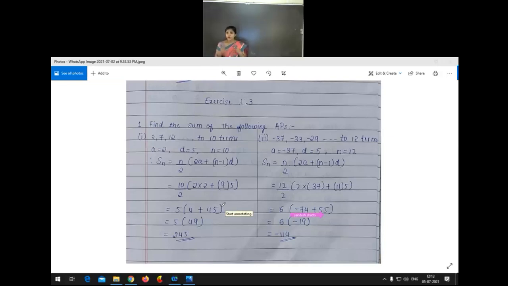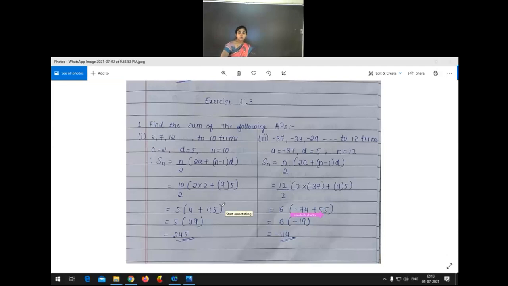Now before starting the discussion of the third exercise related to the sum of n terms of an AP, I want to recall the formulas which were discussed in the previous class. Now it's your turn. You have to tell me the formulas first. I'll write the formulas on the board and we'll continue with the exercise. If you want the board explanation for the remaining questions, you have to tell me, and then that problem will be discussed on the board. Otherwise, simple problems are explained by page sharing only.